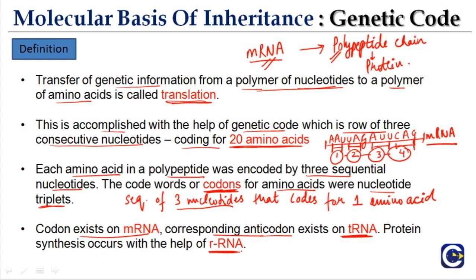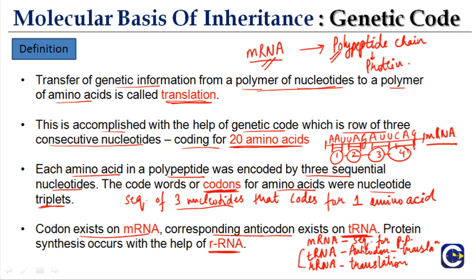So, we know that there are 3 types of RNA. What are the 3 types? mRNA, tRNA and rRNA. mRNA is the messenger RNA that contains the sequence for the polypeptide chain. tRNA, what does tRNA do? tRNA has the anticodon sequence that helps in translation. And again, rRNA also helps in translation. We will see slowly how they help in translation. Some we will discuss in this part and some we will see in other parts.